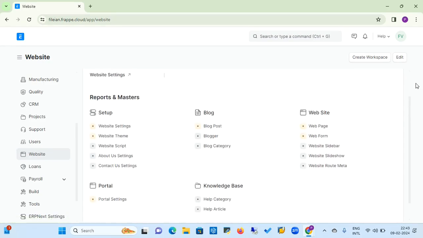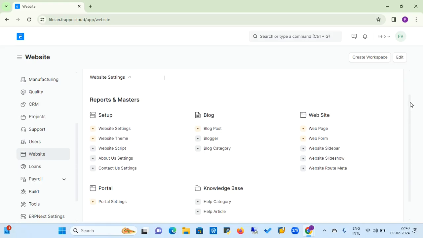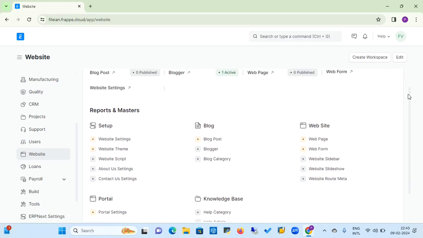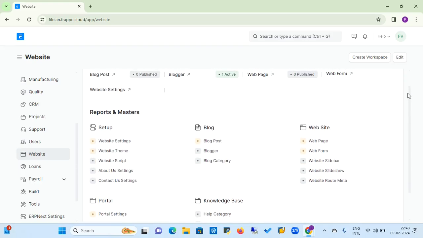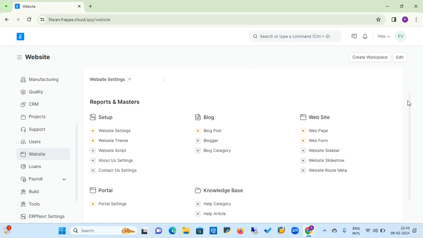So this way you can add a web page, you can make the settings of your website, you can add the custom web theme, you can design your web theme, you can add the web form, web pages, you can add the